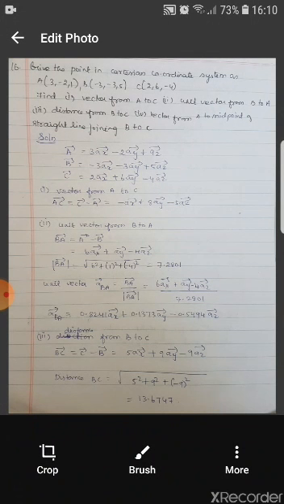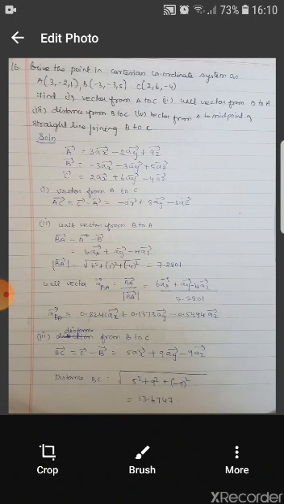And next we are asked to find the unit vector from B to A. So the vector from B to A is A vector minus B vector. So you subtract your B vector from your A vector. Your answer will be 6ax plus ay minus 4az. Next you have to find the magnitude of BA vector, which will be equal to square root of 6 square plus 1 square plus minus 4 square, that is equal to 7.2801.